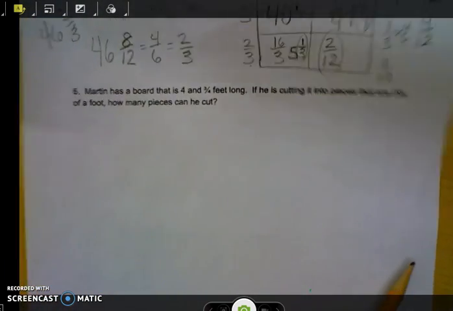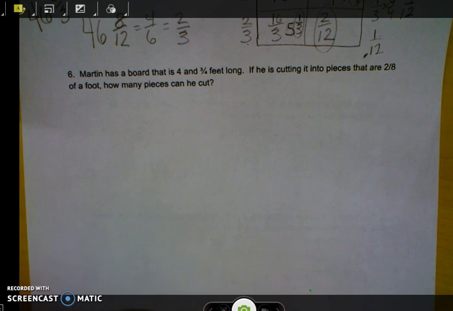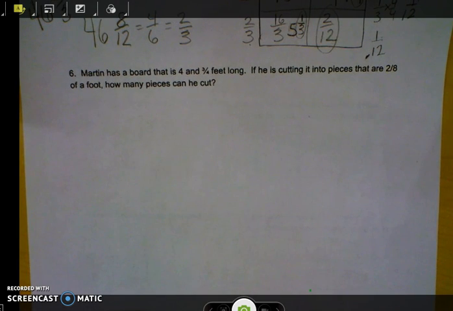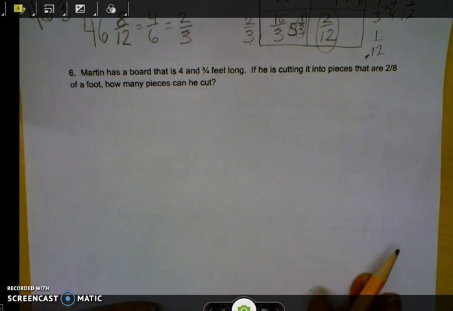And for the last one, Martin has a board that is 4 3/4 feet long. If he's cutting it into pieces that are 2/8 of a foot, how many pieces then can he cut? I'm going to model